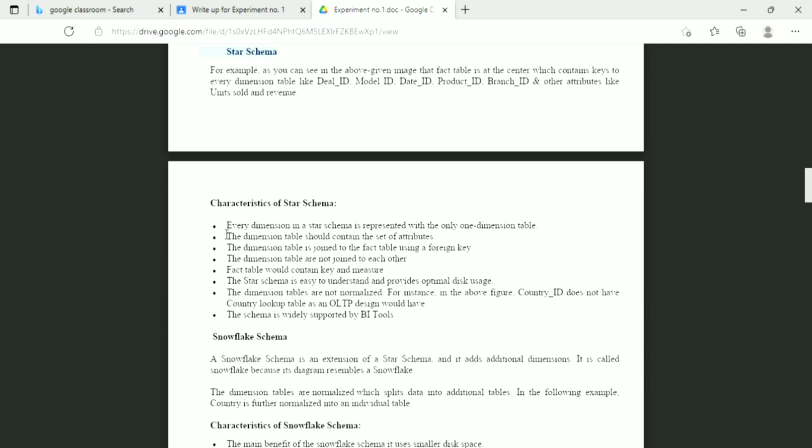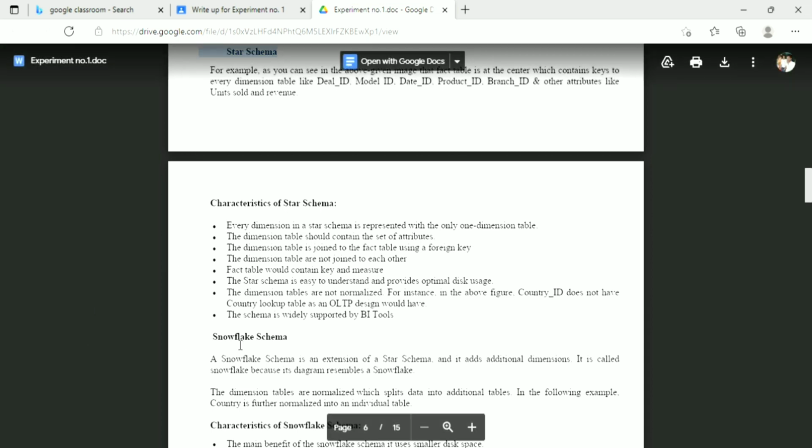The star schema is easy to understand and provides optimal disk usage. The dimension tables are not normalized. For instance, in the above figure, country ID does not have a country lookup table as an OLTP design would have. The schema is widely supported by BI tools.